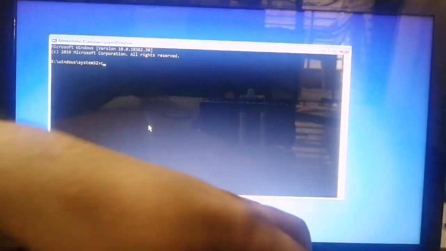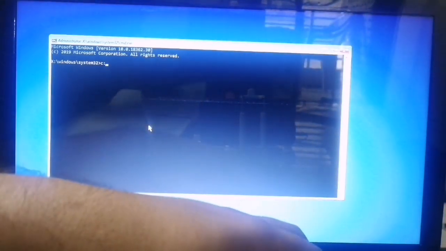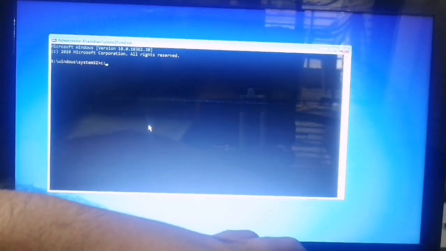You can see that the directory starts as X. You just have to change it to C. You have to see in which hard drive your Windows is installed. You just have to change the directory as C and just type dir so you can see the directories. I change the directory with cd Windows.